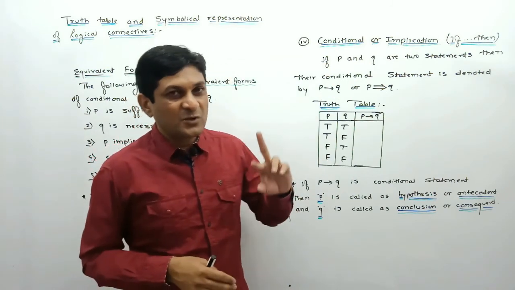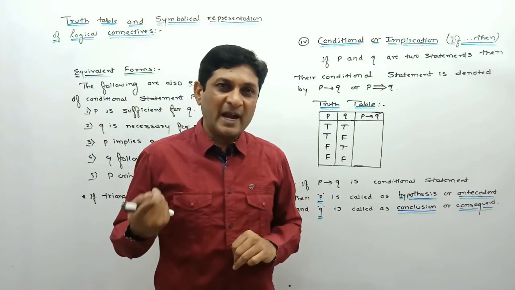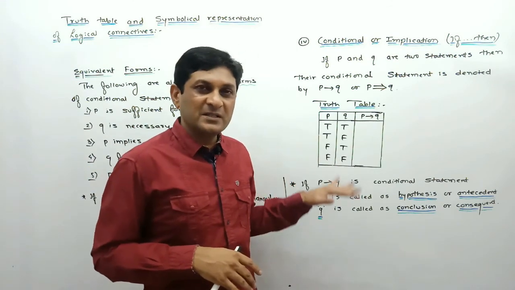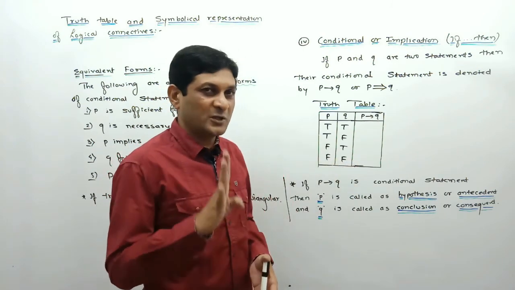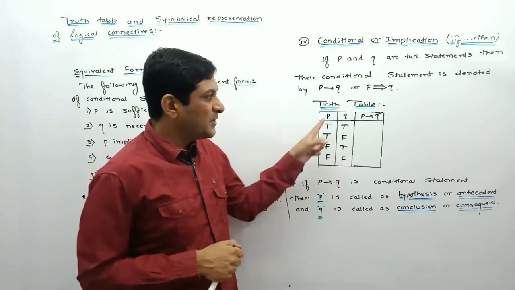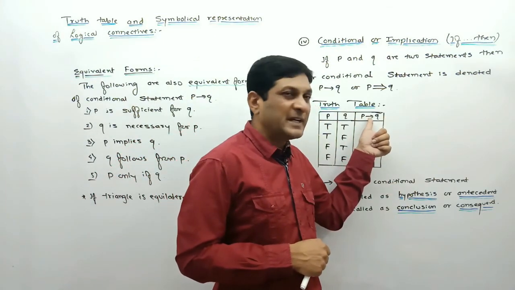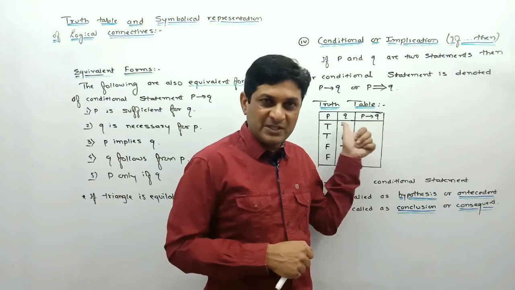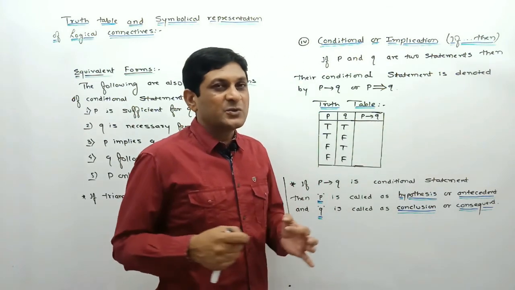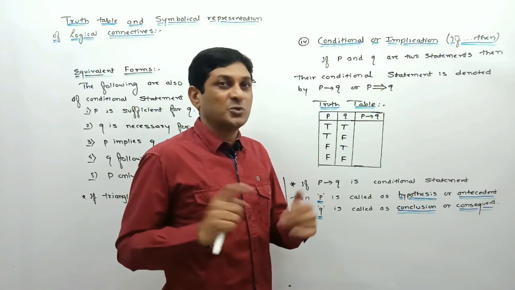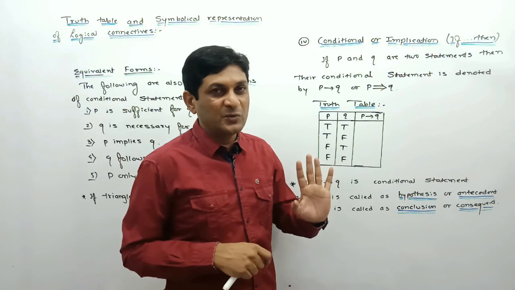We have just seen the truth tables of three logical connectives: not, or, and. Now we are discussing the truth table of the fourth logical connective, if-then. P and Q are two statements. If two statements are connected by if-then, it is denoted by P implies Q. To discuss the truth value of P implies Q,